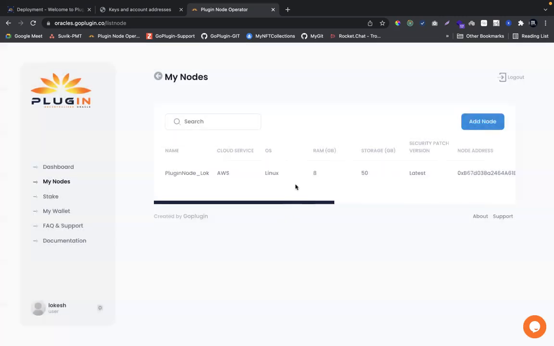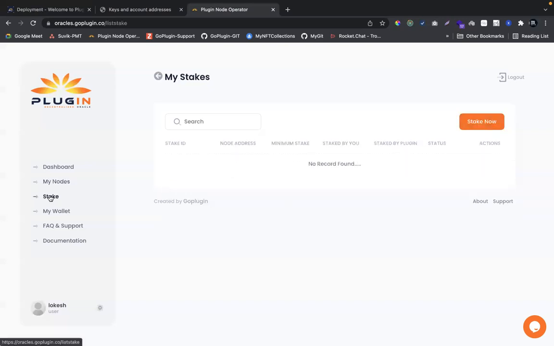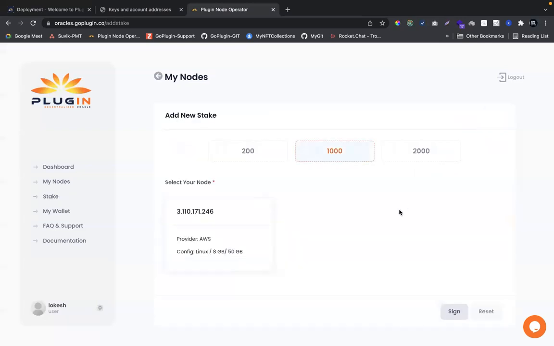Okay. So once the node is available and approved, you can go ahead and stake it. This is another key step which you have to perform so that this node can be displayed in the marketplace, right? So go ahead and stake it. Since I am a bounty winner and it is 50% for me, by default it is pointed to 1000.